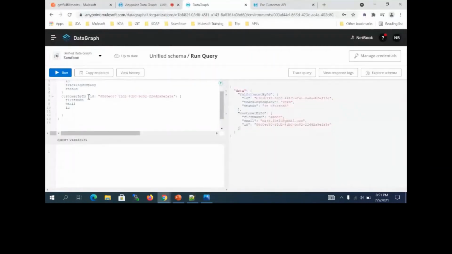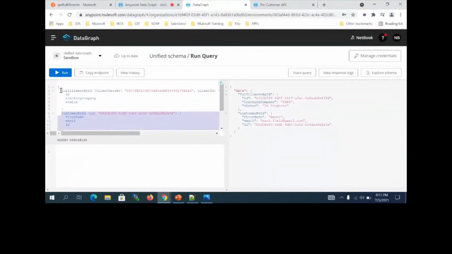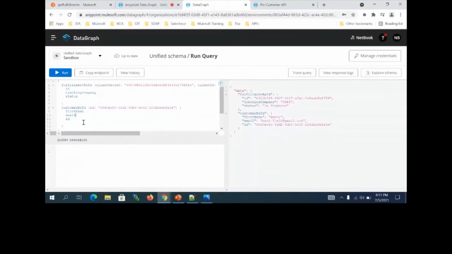You can query from the outside. You can't access it within this. If I access it within the customer API, you can't access that, because this is a separate API call, a separate query actually. Fulfillment order is connected with customer ID, right? Yes, that's correct.